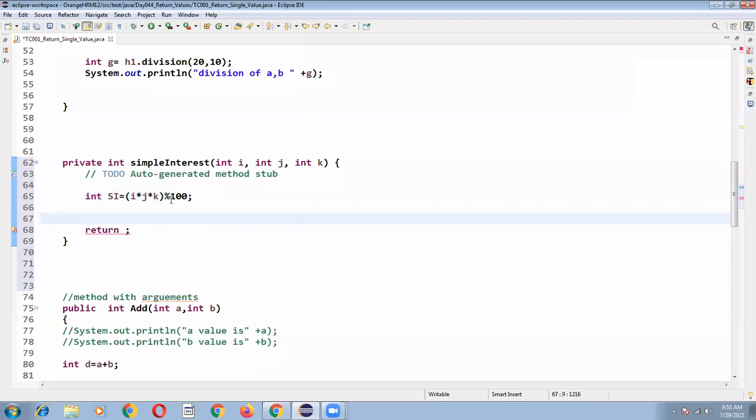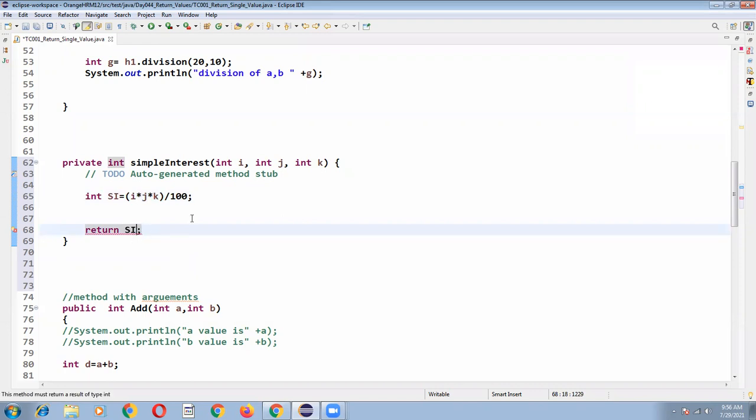Okay, that's it, PTR by 100. So it will return SI. This SI value will come to your program.